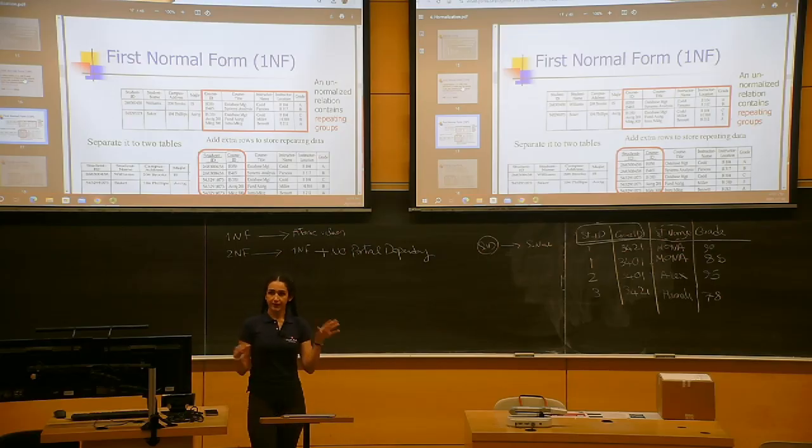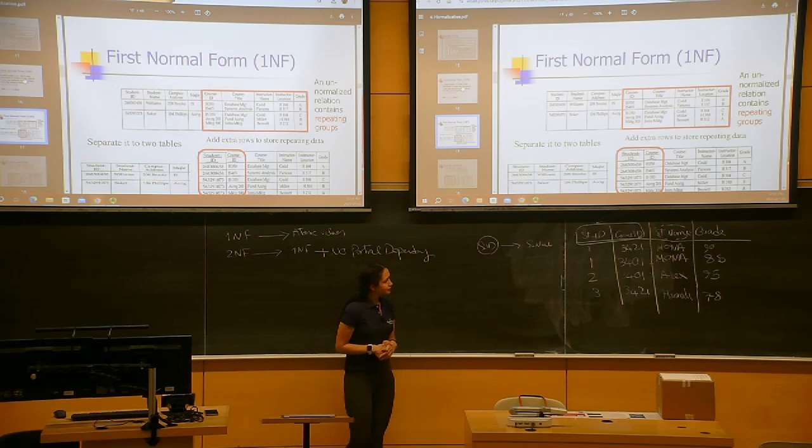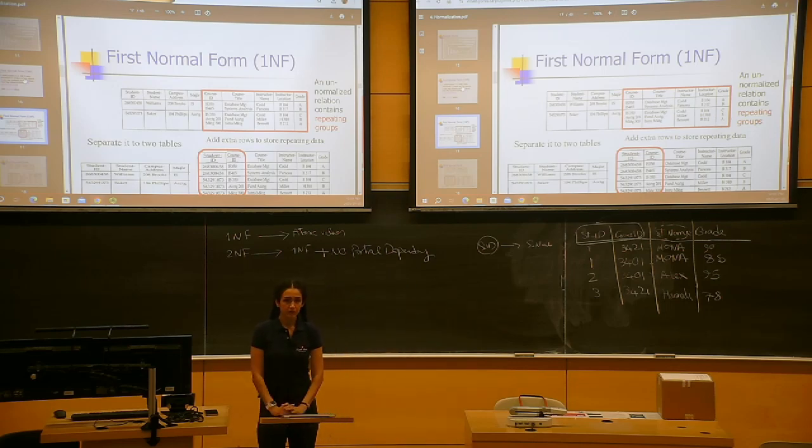So first, let's identify the functional dependencies here, right? So we could identify the partial dependency as well. So for example, if we have a table normalized to 1NF, and there is no partial dependency, it is already also in 2NF. Like for example, if we have a table,